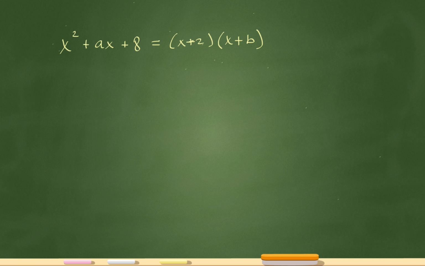It's saying that a and b are constants, and x squared plus ax plus 8 and all that stuff to the right side equals that. What is the value of a? Okay, cool. Now, a lot of times I see a lot of students get confused when it says the word